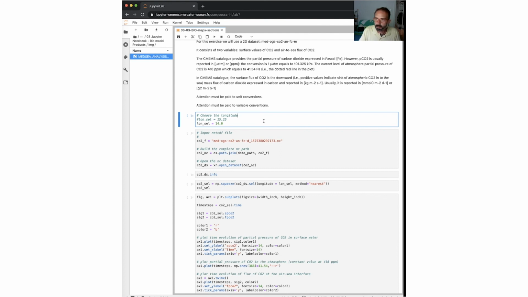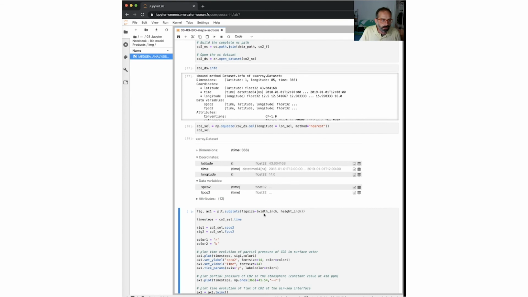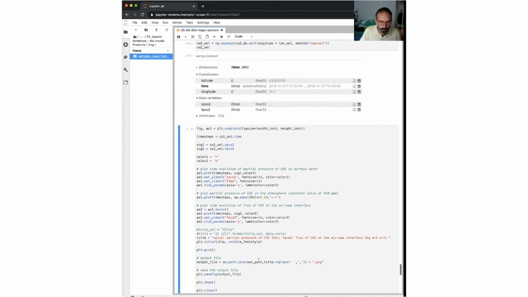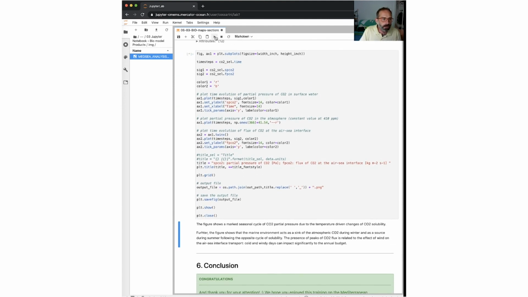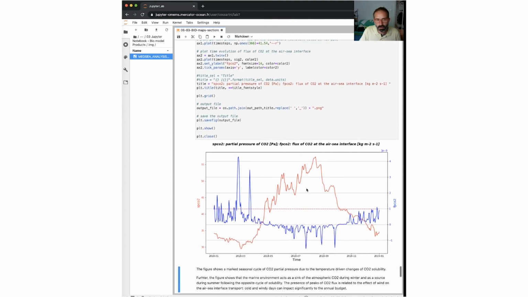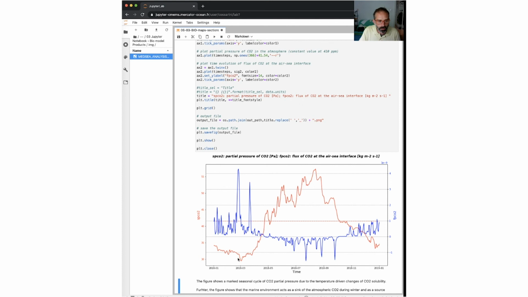The next cells are just to set all the information for the Python code in order to read the CO2 dataset and to set all the settings for the time evolution plot that is in this Python code here, and this is the result of this Python code for plotting a time evolution for a particular variable in a particular point. In this case, we have in red the partial pressure of CO2,